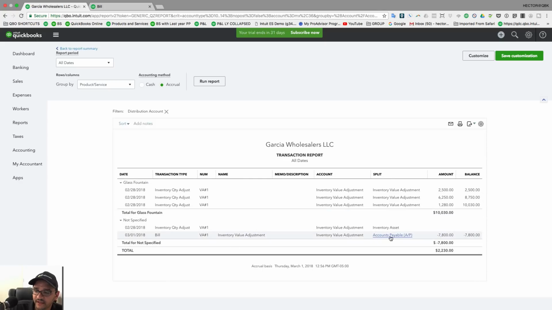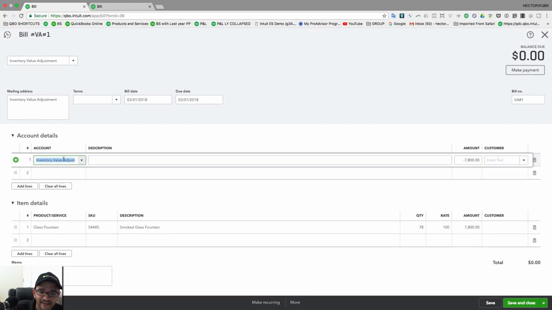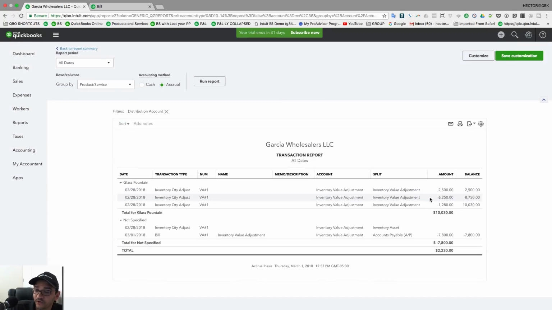Unfortunately, on this one in particular, you won't see it just because the 7800 adjustment is not tied to an item, and you really won't be able to tie it to an item at this point. But you'll be able to see the history of what is being adjusted grouped by item, and you're going to have to tie it by that number, by tying that bill number with that quantity adjustment. So what we did was bring down the quantity to zero and use a bridge account, which is this one called inventory value adjustment, and then bring in a bill using the same bridge account